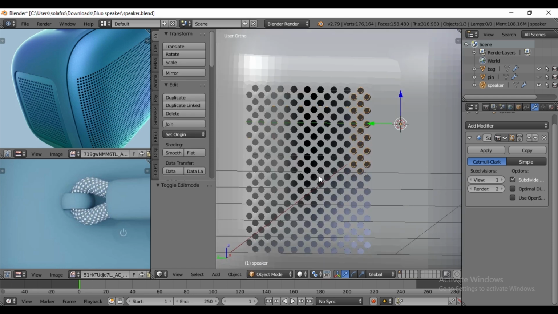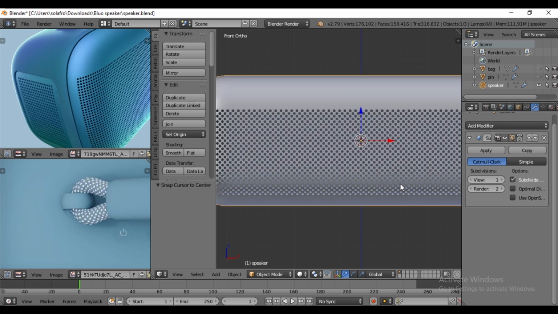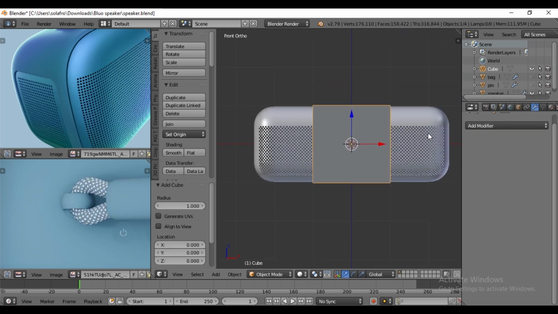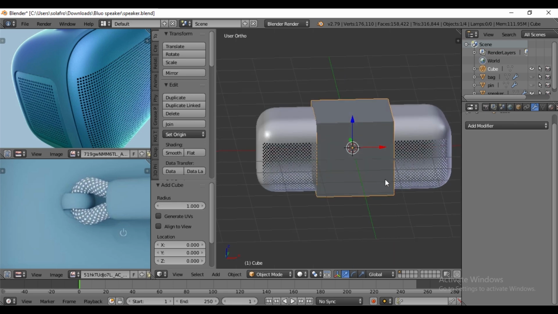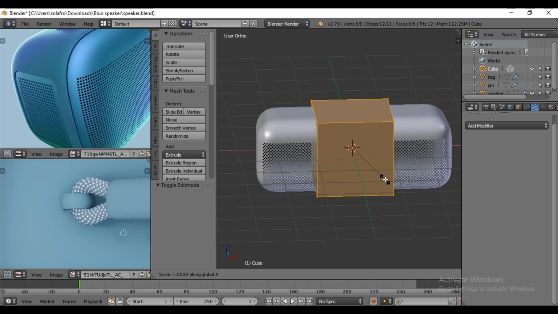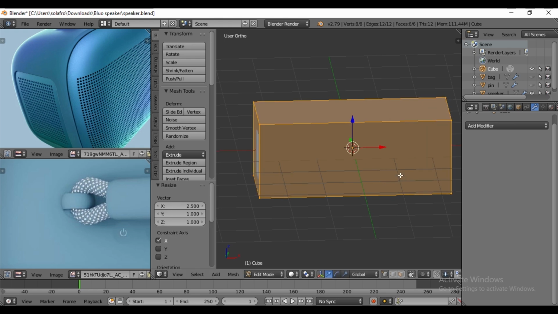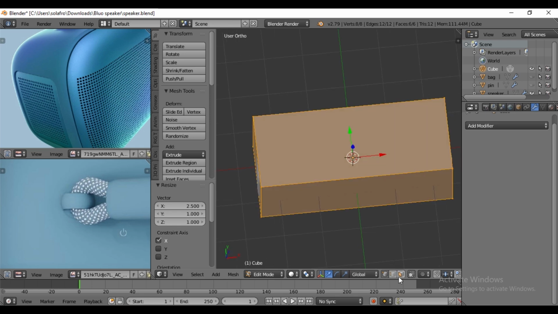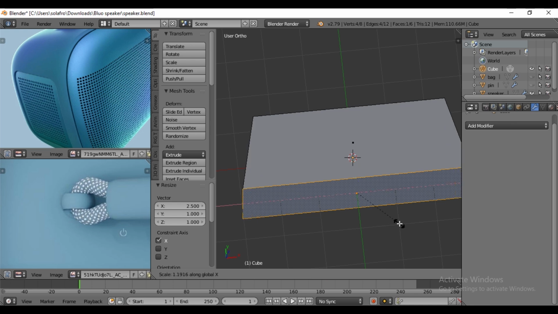Now let's add a cube by pressing Shift A to block the inside, just for blocking. In edit mode, scale by pressing S on the X-axis 2.5, similar to the previous. Select the front face, then scale in the X-axis 1.05.